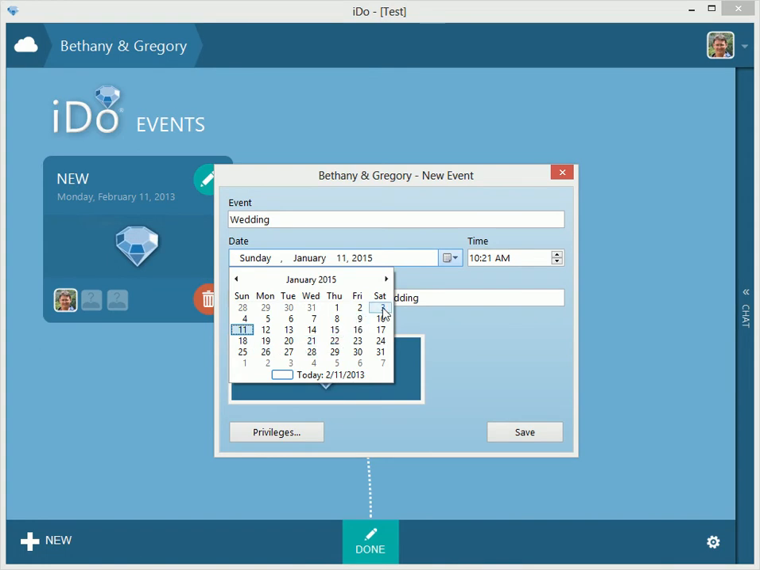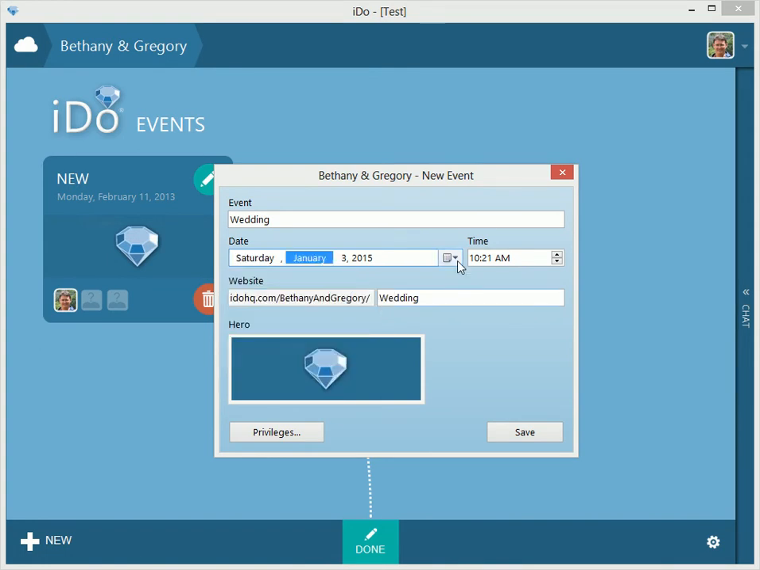We'll do it January 3rd. How about that? 4:30. Move it up to PM. And here you can see you have a website. This is your iDoHQ.com, Bethany and Gregory, which we set in the cloud screen. And then here is the true full URL for the event information that you'll be able to write about your event and share pictures and all this good stuff for your iDo